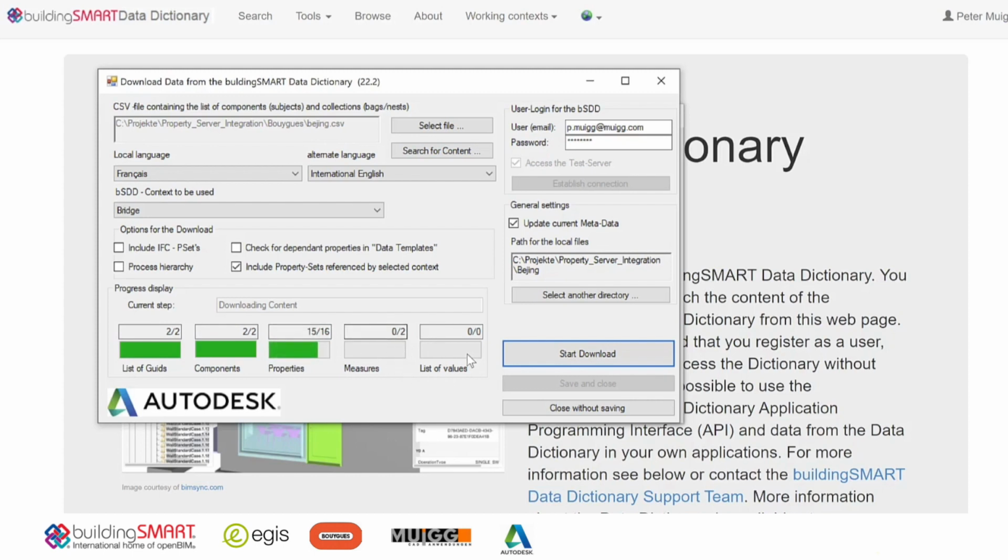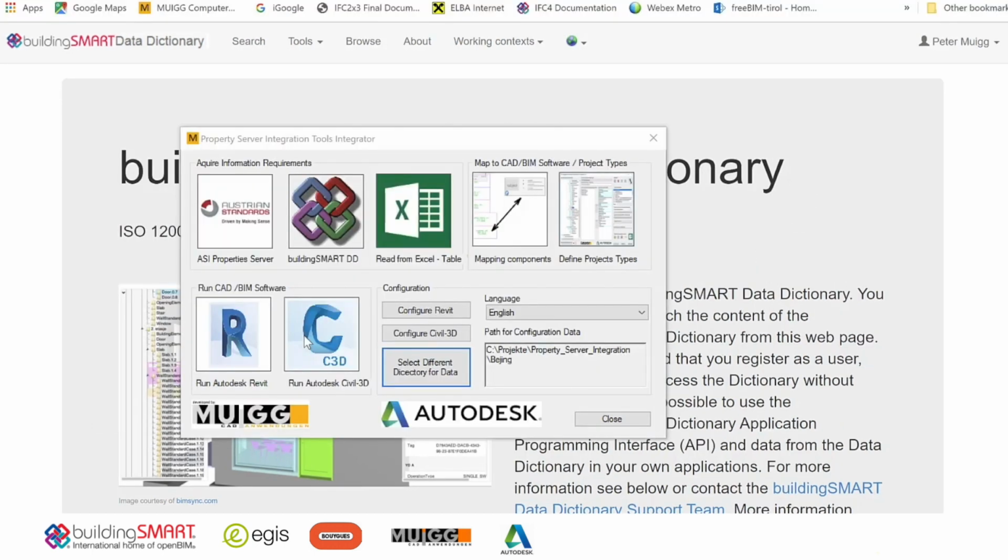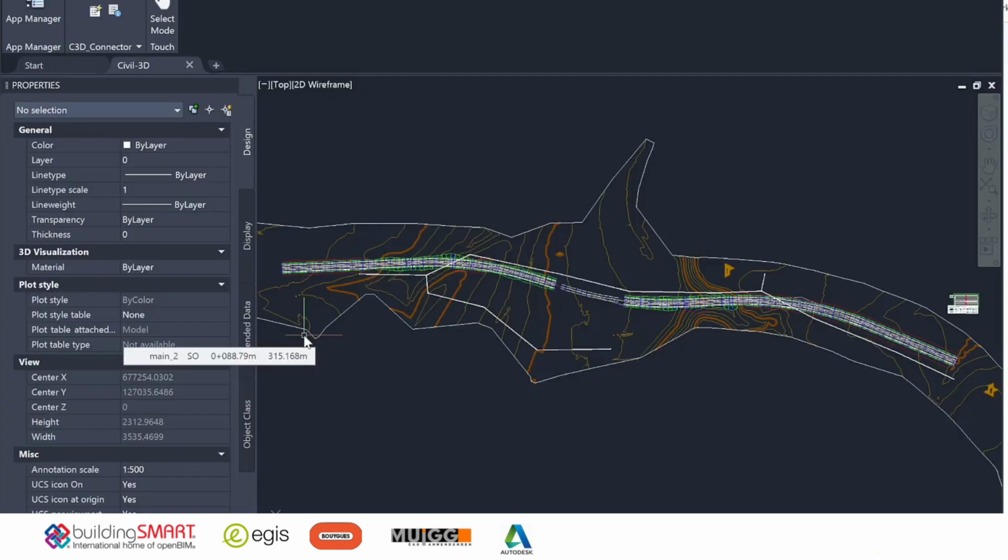also the measures, and if available, a list of values which are associated with these components. The next thing I want to do is to create the list of element types which are available in Civil 3D. I click on the symbol for this tool, and this will switch to it, and we see a model